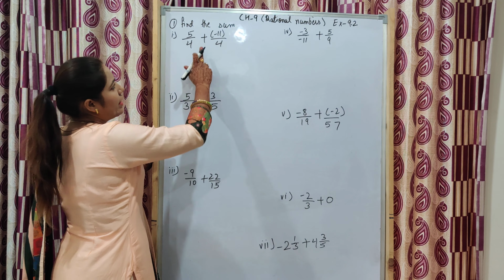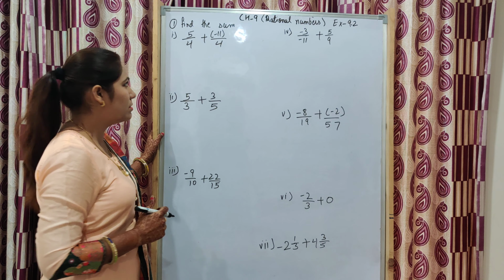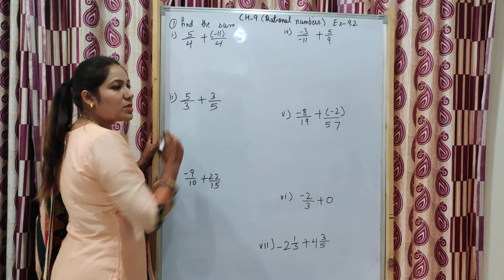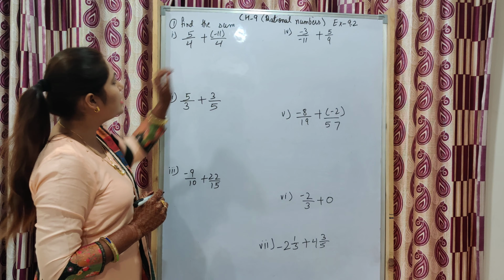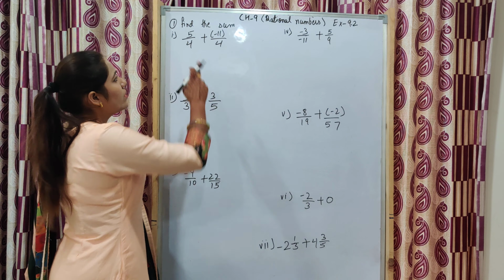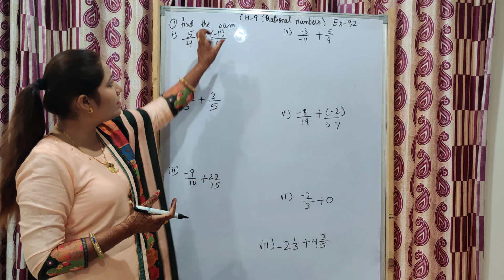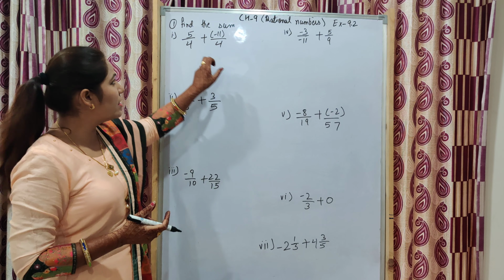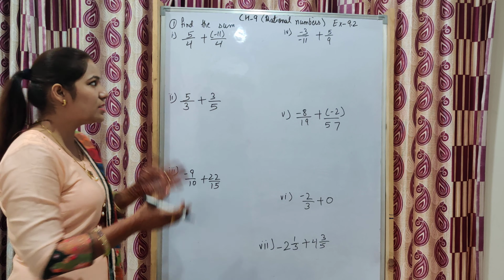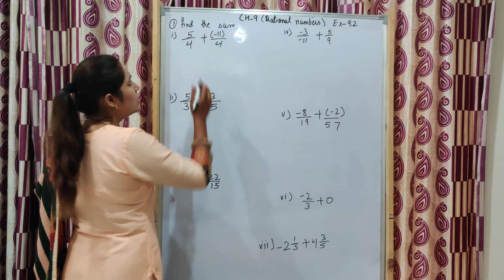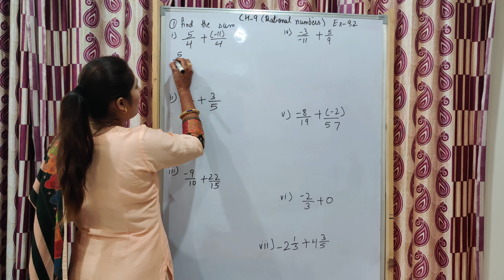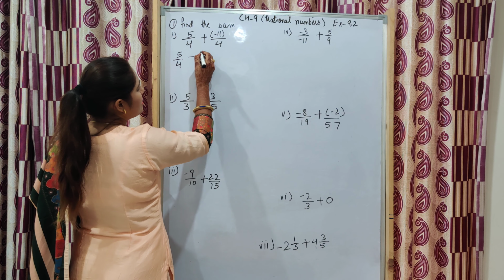Remember one thing, whenever this type of question is there, two signs are there, and outside the bracket if there is a positive sign, no need to change the sign inside the bracket. If outside the bracket there is a negative sign, then inside the bracket the sign will be changed. What is this? That is the additive inverse. If outside the bracket a negative sign is there, it means we have to write the additive inverse of what is inside the bracket, and if it is positive, no need to take the additive inverse, just write down the same value which is in the bracket.